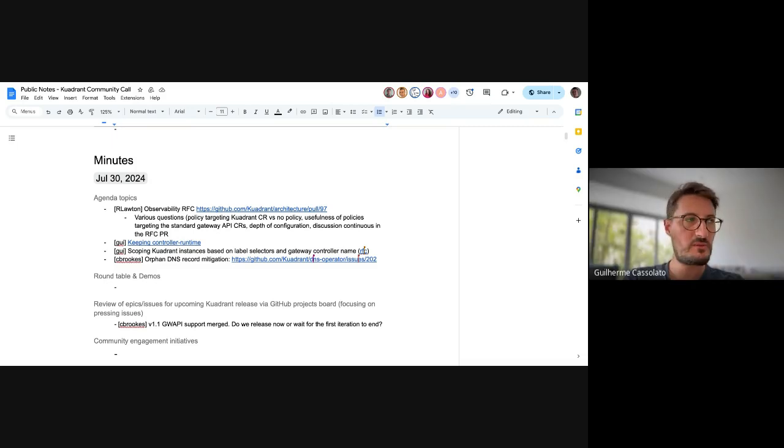I guess what I'm trying to say is that I believe that by adding a filter at the level of the Kuadrant CR, you're basically tackling both problems at once, right? Because the user would be explicitly saying, this is the scope that I care about. And therefore, you no longer need to care too much about the report and the things that the user already chose not to be in the scope. You know what I mean?